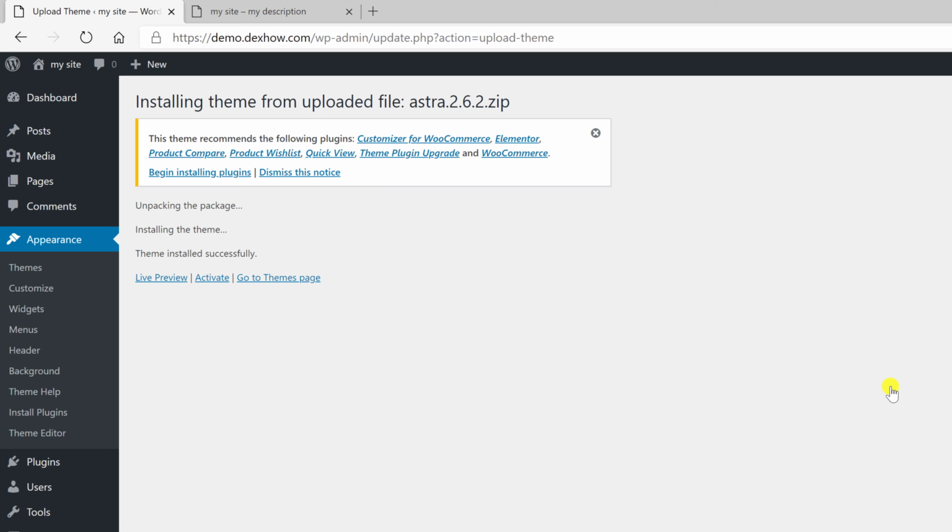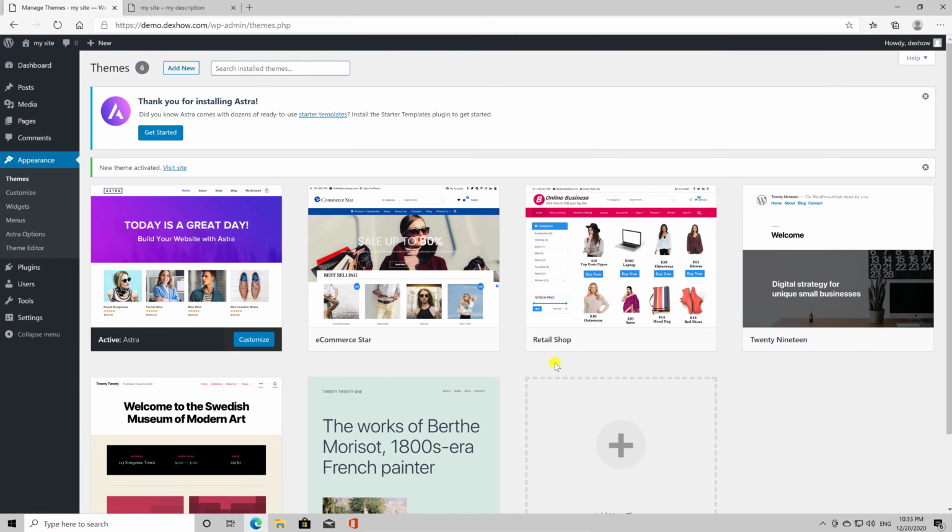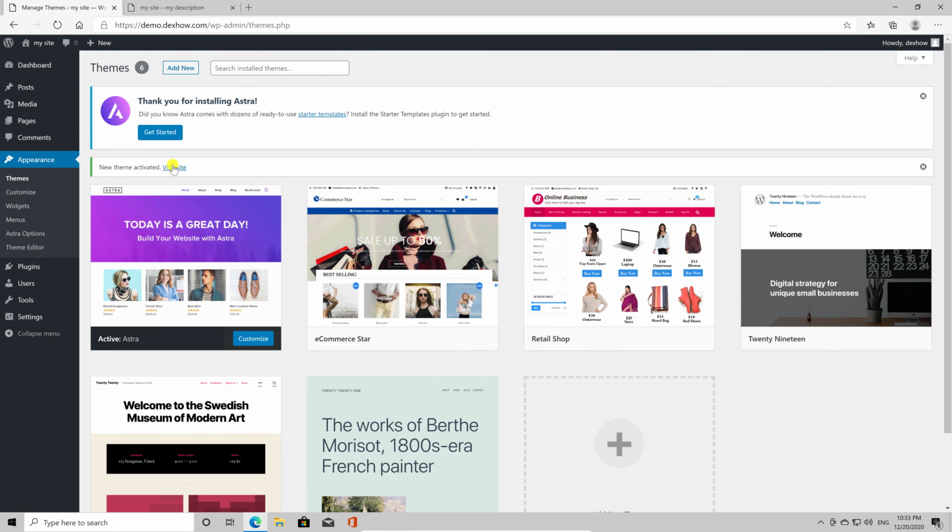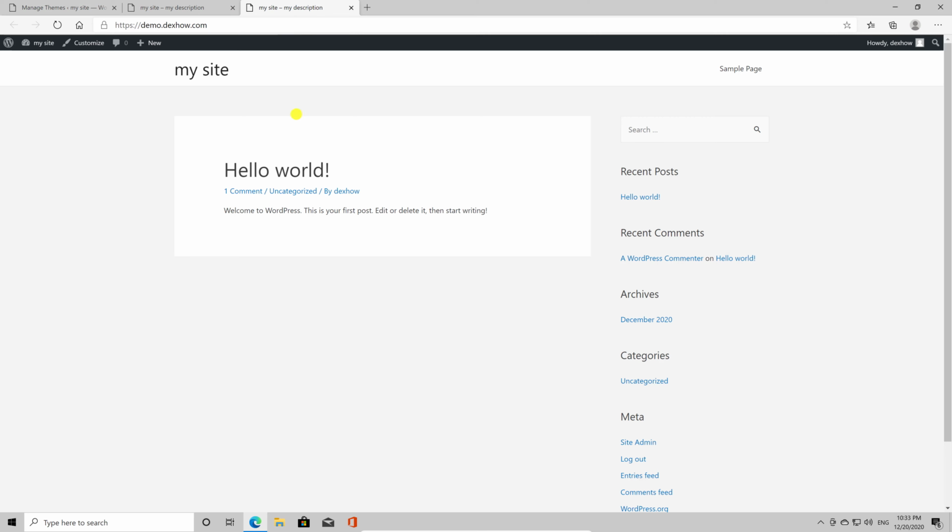Click on the Activate link and you've successfully installed and activated your WordPress theme. Depending on the theme, it may add additional settings options that you may need to configure, either through the Theme Customizer or through a separate options panel. You have now installed a theme on your WordPress site.